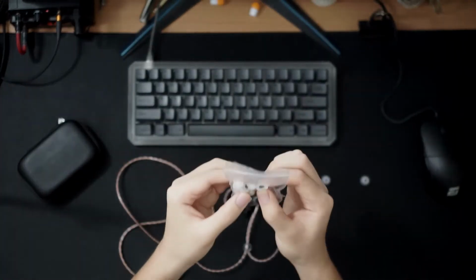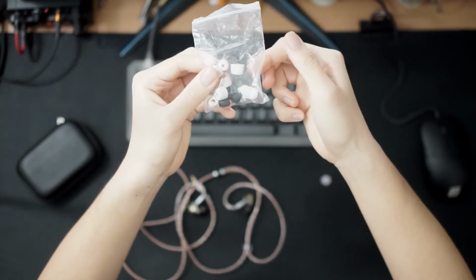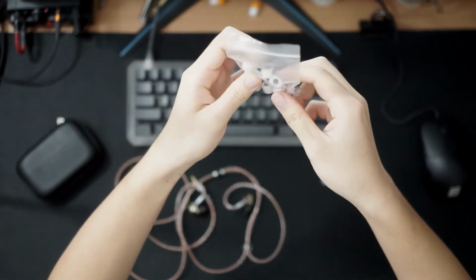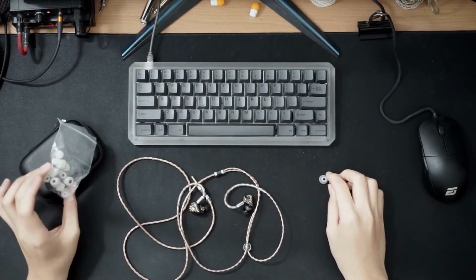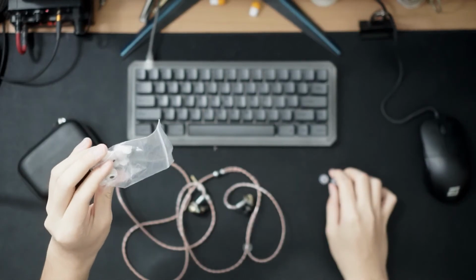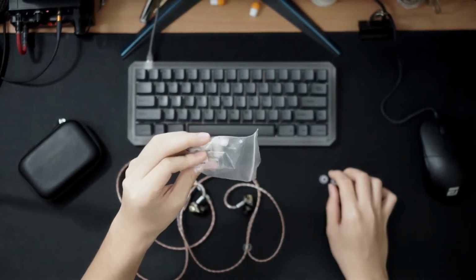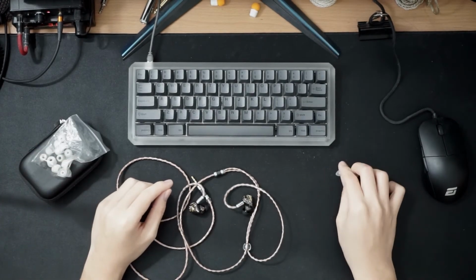They do come with a lot of foam ear tips though, but the foam ear tips don't stay compressed for long. So yeah, you might want to look for better foam ear tips probably. These feel like the ones that you get with KZ or something. So anyway,